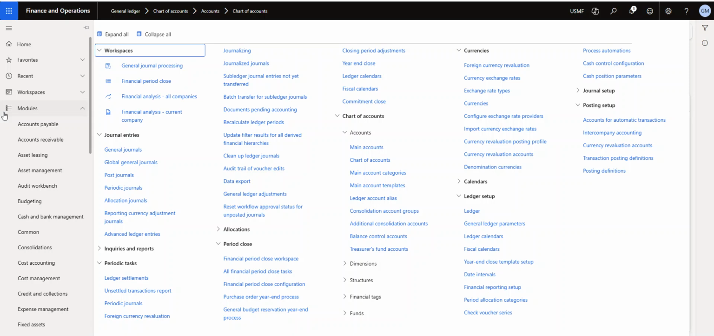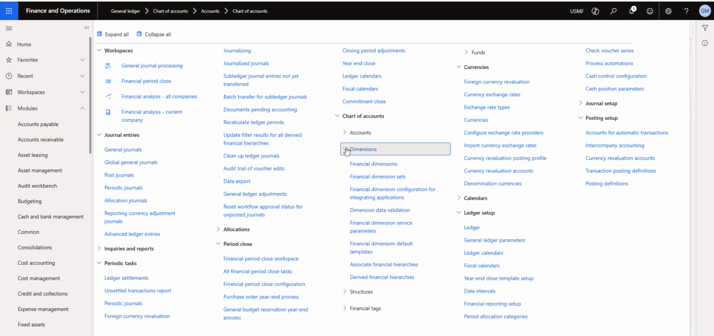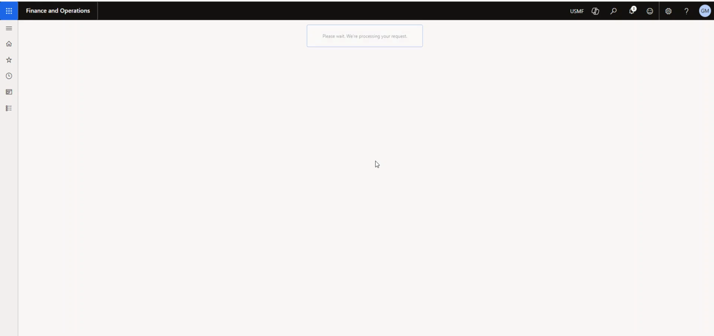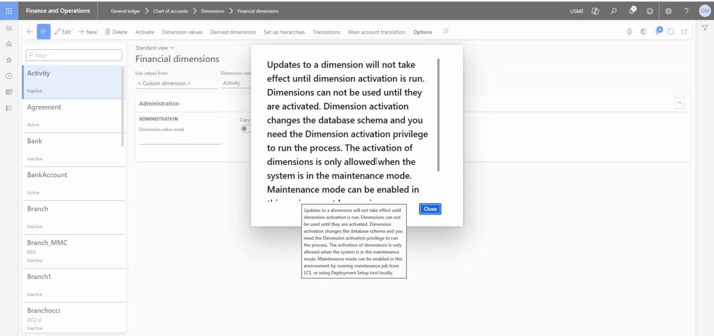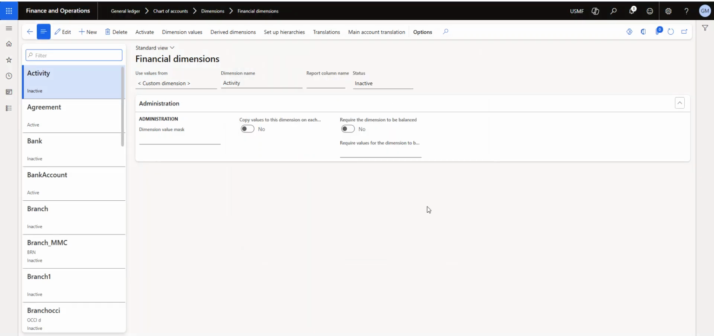Once we have the main account, chart of account, and main account category, this is the main concept in the creation of accounts. Next we have dimensions. So what do you mean by dimension? A dimension is nothing but a segment. You may have different departments, different verticals, different industries, different projects,